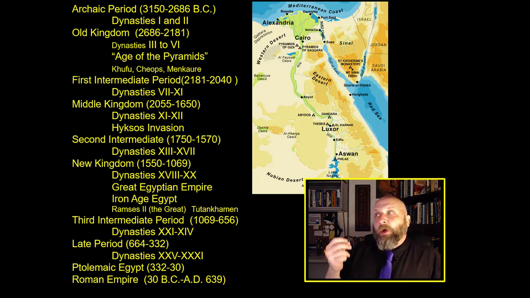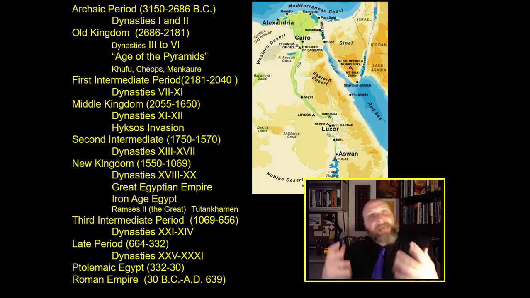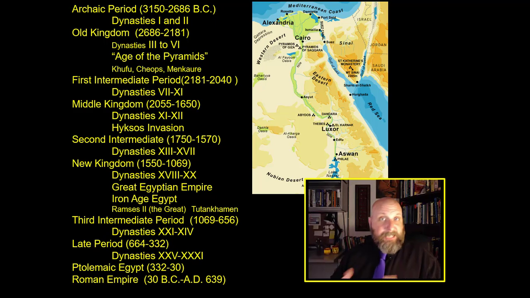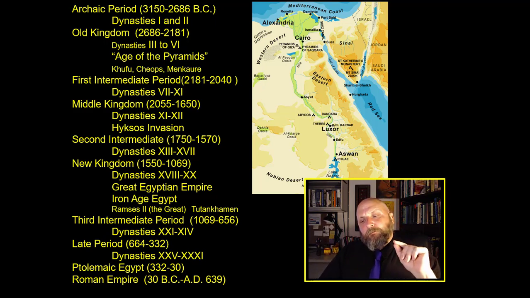But probably one of the most famous of the New Kingdom pharaohs was a guy called Ramses II, also known as Ramses the Great. And Ramses the Great leads this huge Egyptian army into the Middle East, rampaging up and down the coast of the Levant, getting into a war with the Hittites. And the thing is, most biblical scholars generally argue that it is Ramses II who is generally regarded as the pharaoh from the Hebrew Bible. It is Ramses II who is generally accepted to be the Egyptian pharaoh that's mentioned in the book of Exodus.